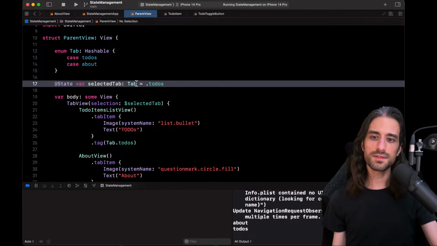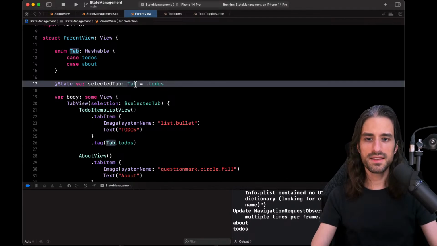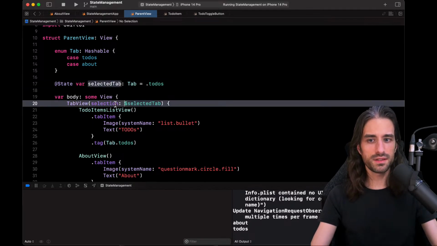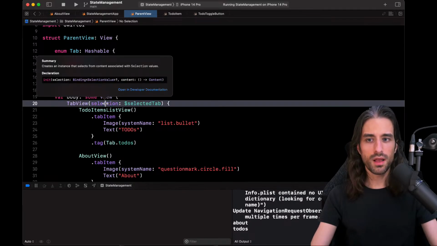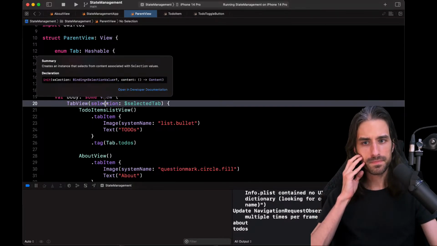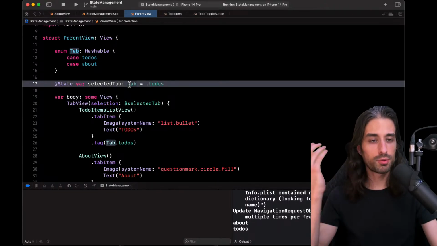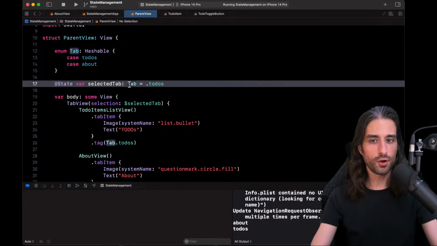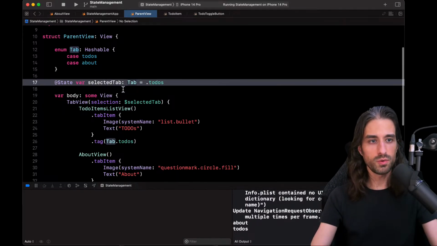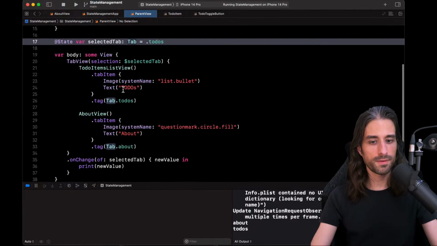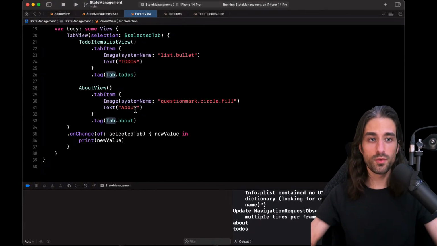The issue is that I had an optional value, and I guess because it was optional, it wasn't being updated by the tab view. It's so weird, but the bottom line is that it expects a non-optional value, and if you provide an optional value, it will fail silently, which is super frustrating. In a way, kind of glad that we've covered this.